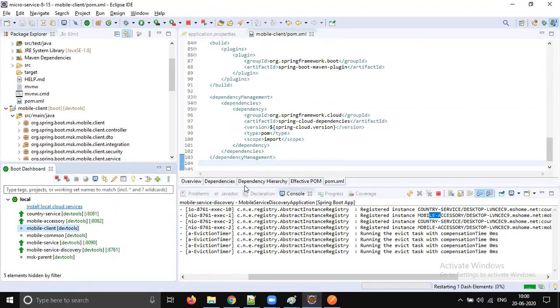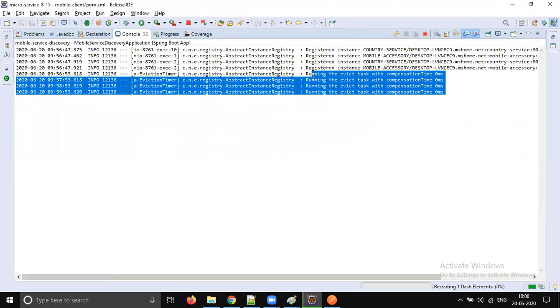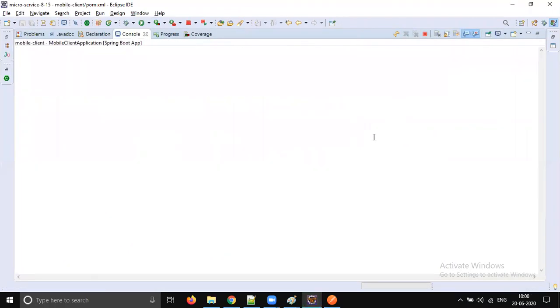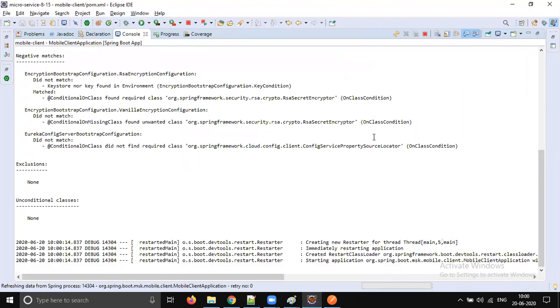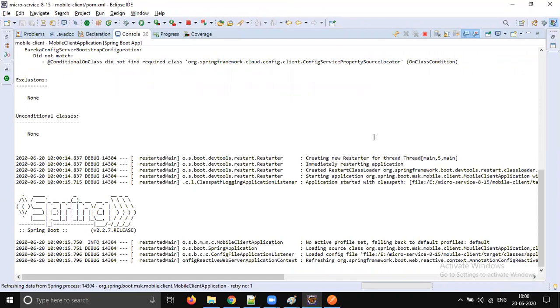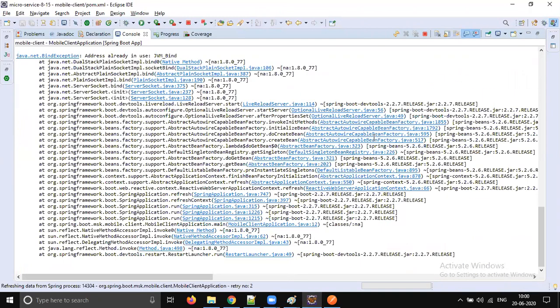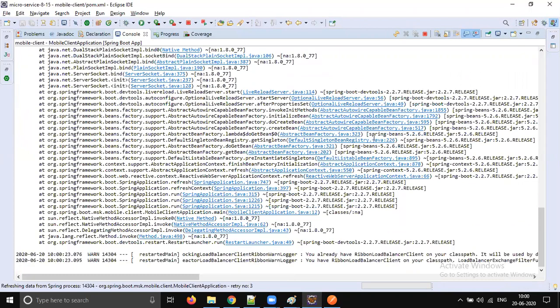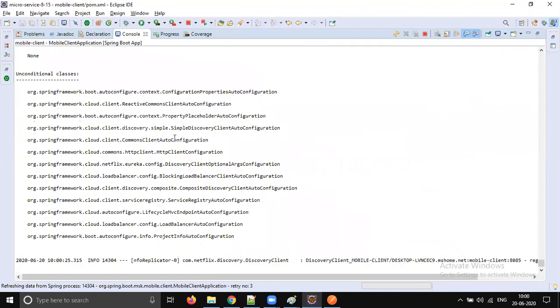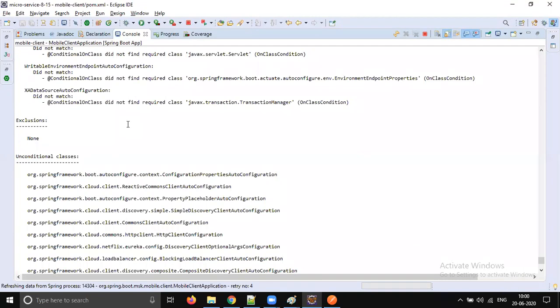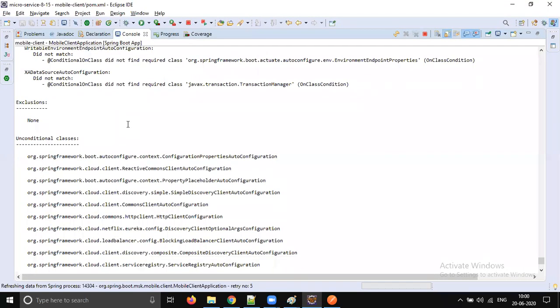Okay, you see that the client also should be registered with the service registry. Wait for a moment. The exception with respect to live reload server, we need to disable live reload server.